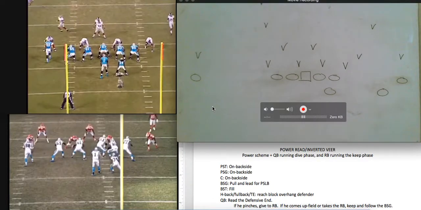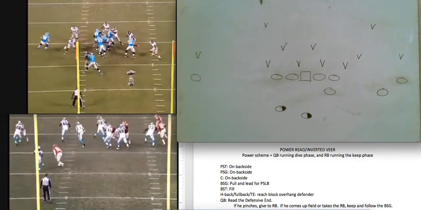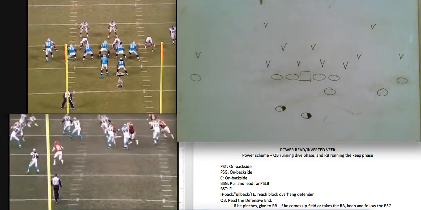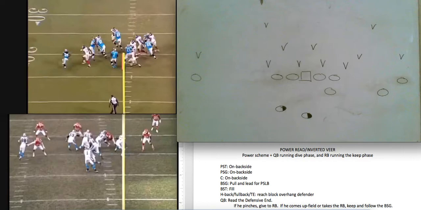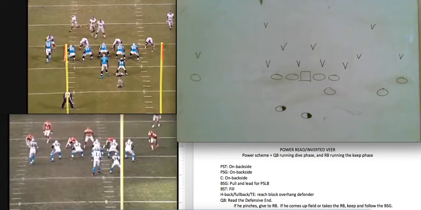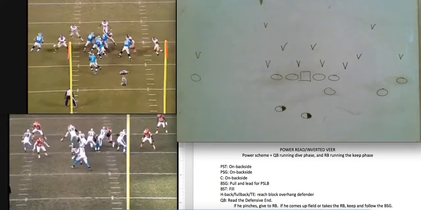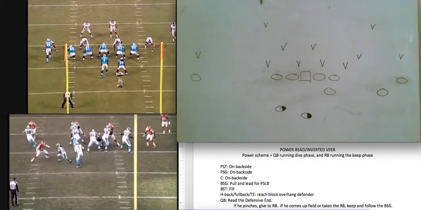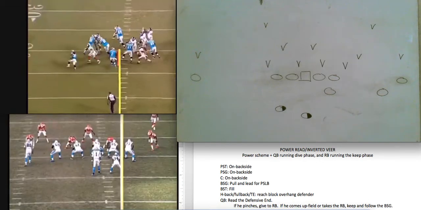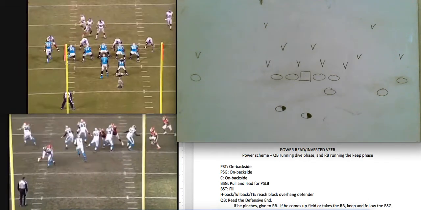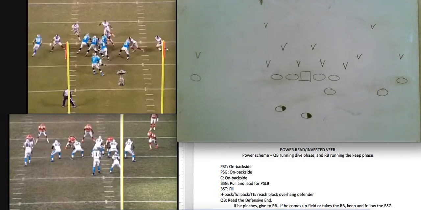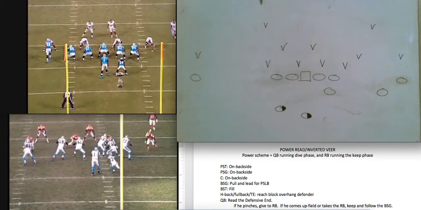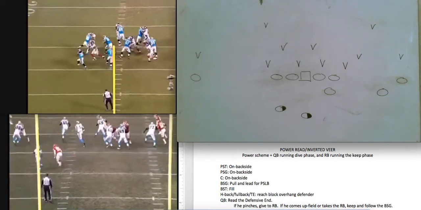Hey everybody! So for this video, I'm going to be breaking down the inverted veer or the power read play. So you might have heard these terms before. They're both simultaneously kind of used for the same play. So what power read means is it's a play that's going to involve a power running scheme, but rather than being a true power running play where everyone is blocked, a defender is going to be left unblocked to be read. It's also called inverted veer because the way this play works is if you think of your traditional triple option play,